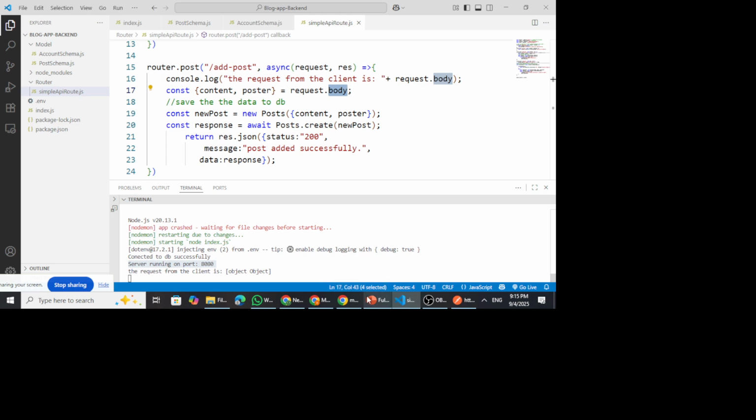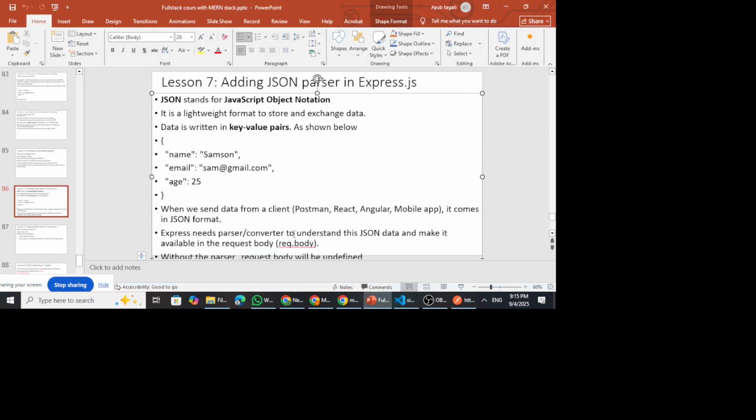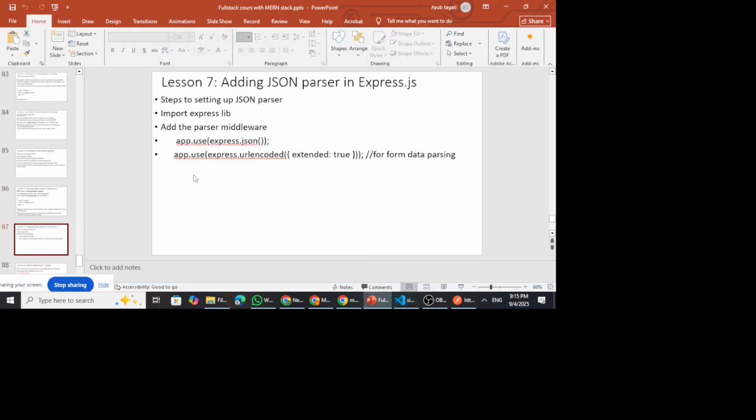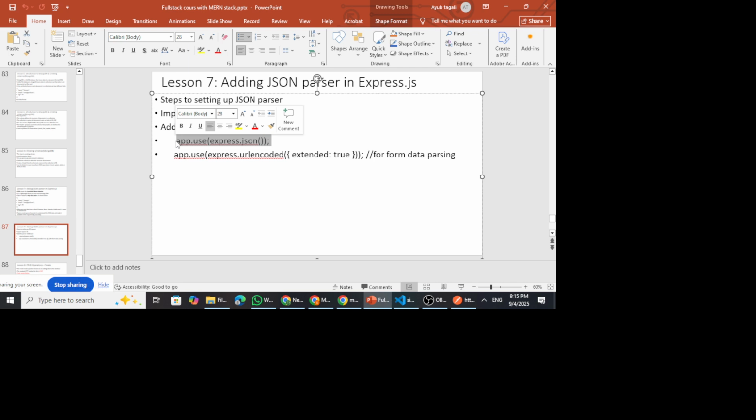So how do we add this JSON parser? Simple, we just import the Express library in our application, and then we add the parser middleware using this line of code: app.use(express.json()). And that's why, if you come to our index.js,